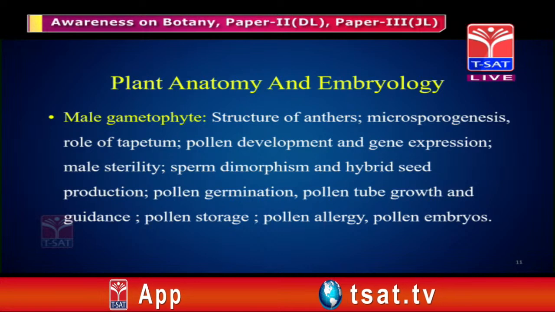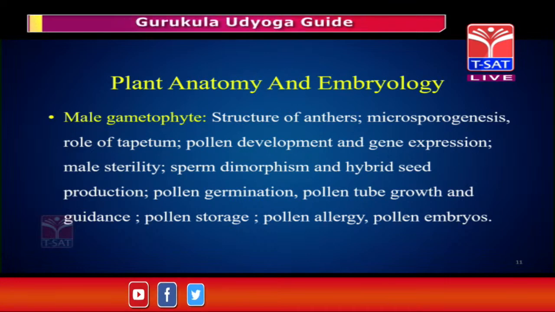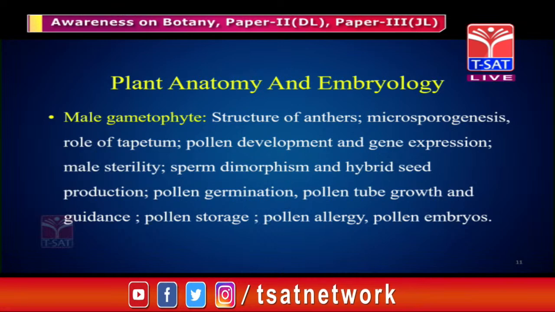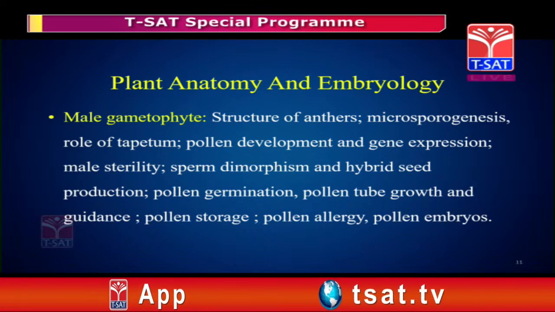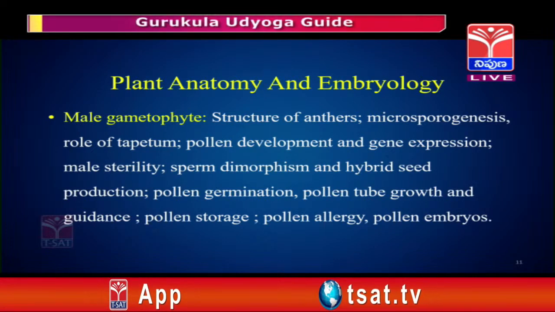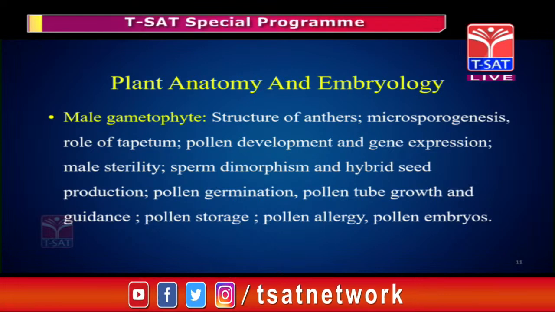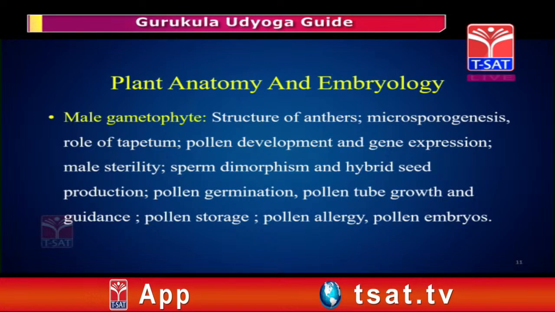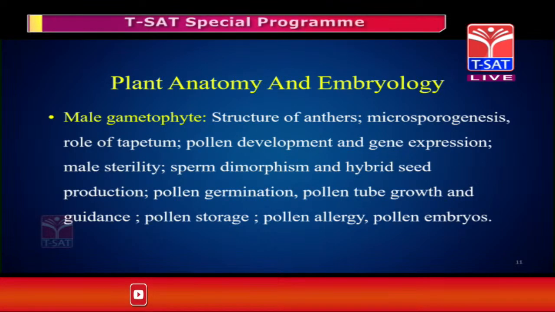Now, the male gametophyte is a vast subject in itself, where you have different varieties depending upon the plant species that you take: how different the structure of anthers are, how the microsporogenesis is occurring, what is the role of tapetum, whether it is an amoeboid type or periplasmodial type, how the pollen is developing, how many cells are there in a pollen grain at the time of pollination or at the time of being taken to the ovary, stigma, and then what are the causes for male sterility, how is the sperm